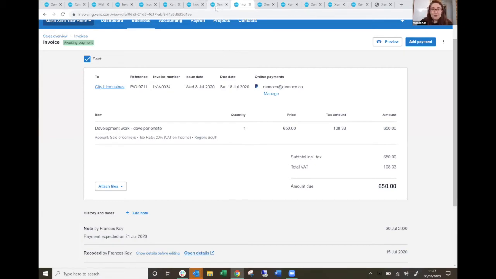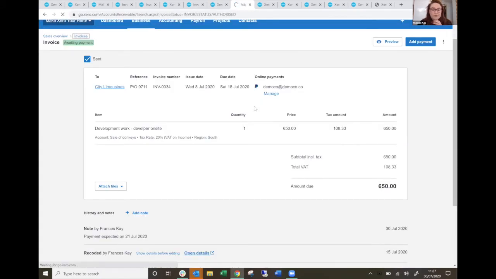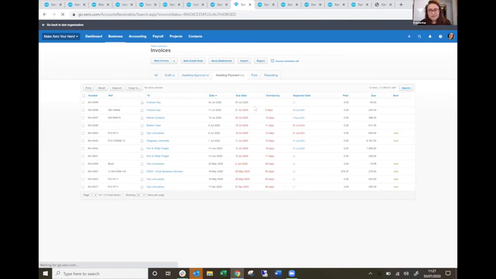So that's sort of using the overview of sales to keep a log of who's been contacted about debts. And if someone goes off sick, anyone can view this. The next nice thing I'm just going to jump to is your debtors report, which I need to find